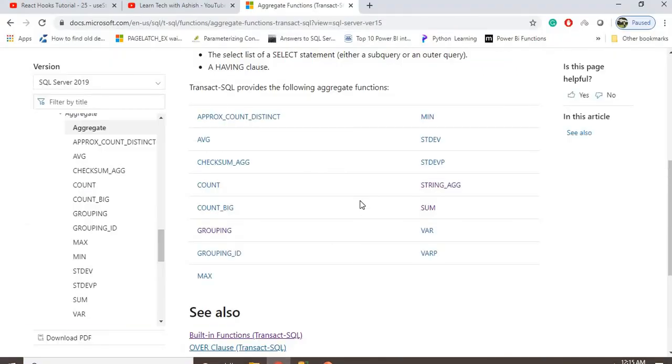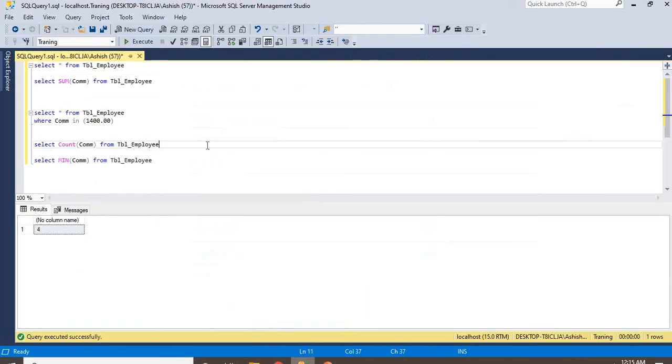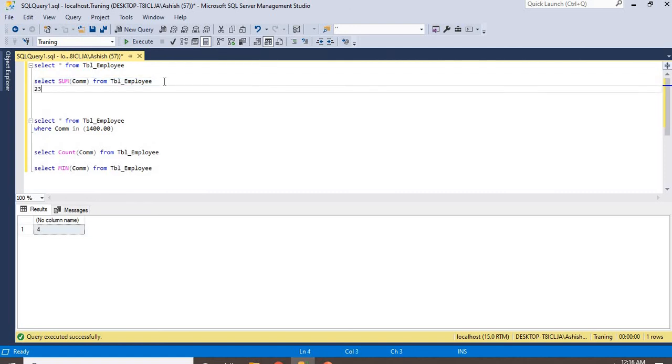This is today's class, guys, so let's summarize again. The first function is sum, which adds the values. Next is min, which is minimum, so we can find who is getting the minimum number in our data.